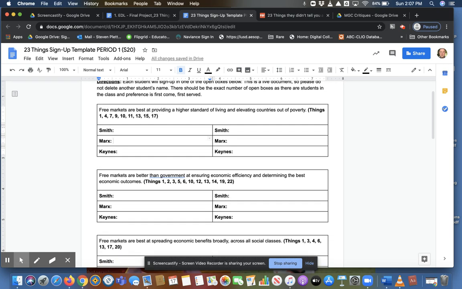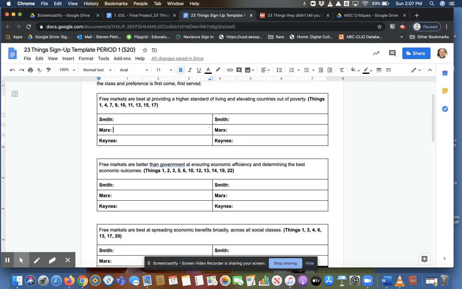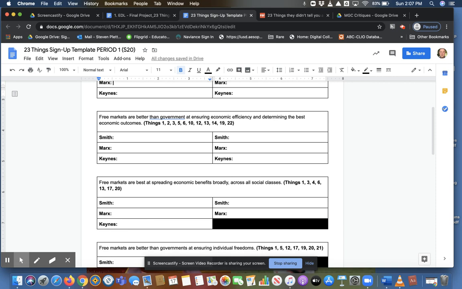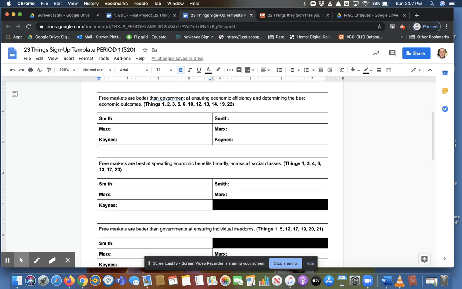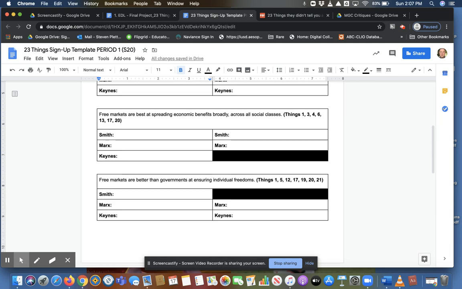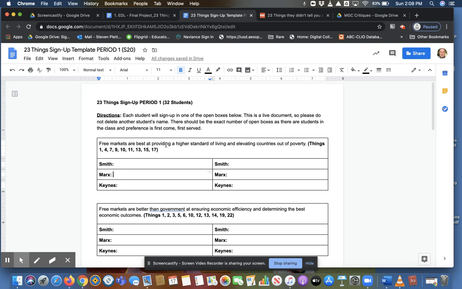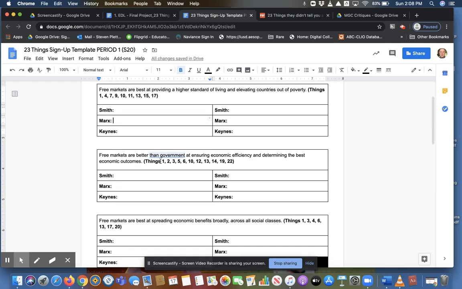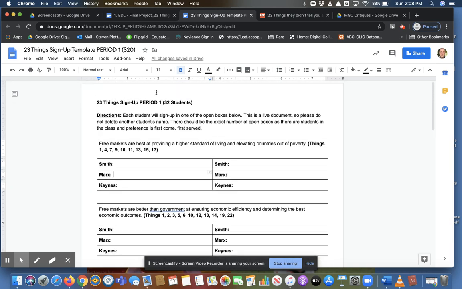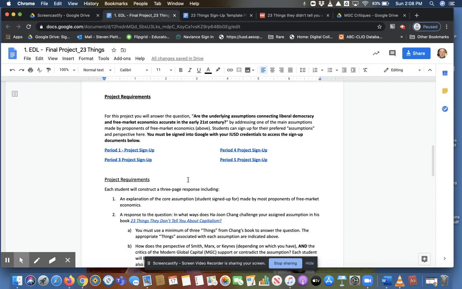There are the exact number of boxes as there are people in class, so please don't change any of the available boxes. You can see that some are blacked out. That is because we have a specific number, 32 students in class, and I have 32 boxes. So it's first come, first served. Once you've signed up,